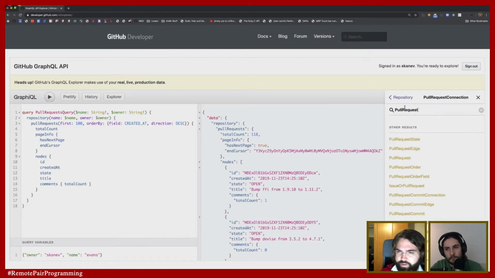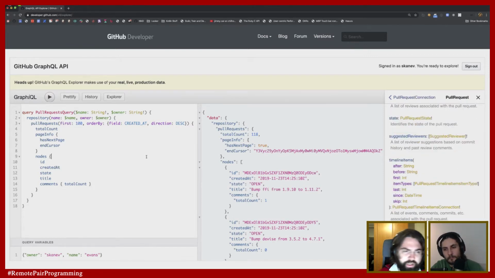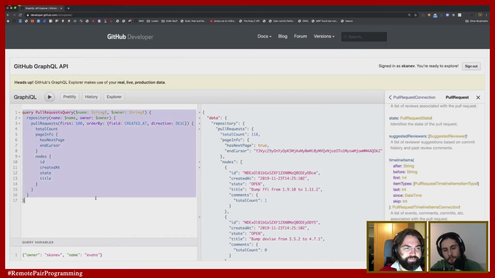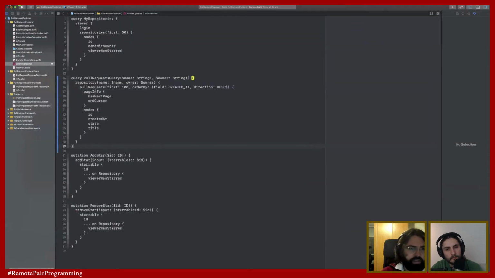I want to see if there's something interesting here. Actually, no, you know what? Let's not overthink it. Let's get this. And I don't need the total count yet. So this is my query. And now if I build this,